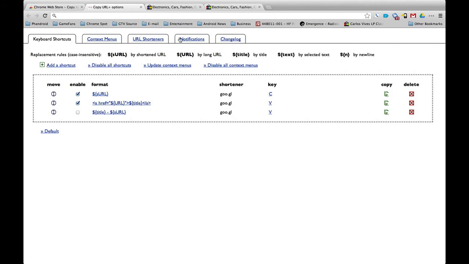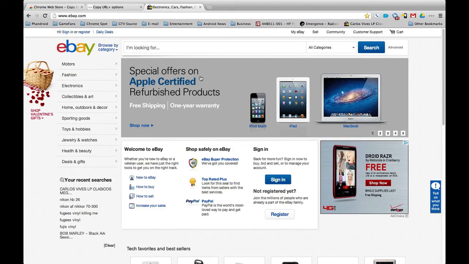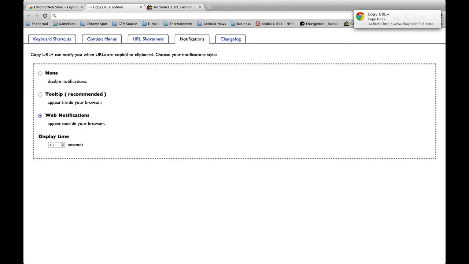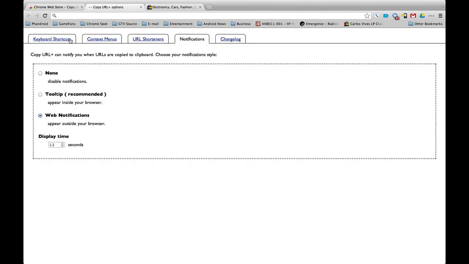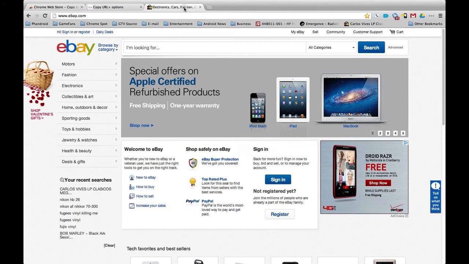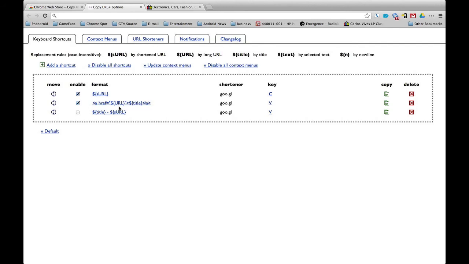And if you want to check out the notification, it looks like this. Let's see this little guy right here, V, there you go, the other one. So that's it pretty much, and it works like a charm. If you use Twitter a lot, you'll love it. If you're shortening a lot of URLs a lot of the time, like we do for social networking and stuff, you'll love it. And if you do writing for a living online, especially on WordPress or anything that uses HTML, you'll love it